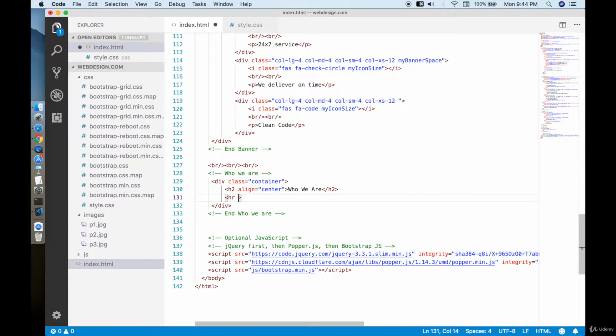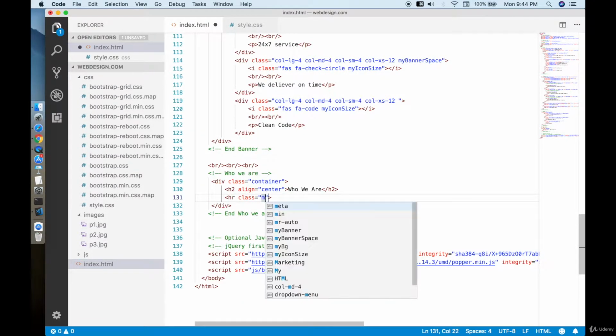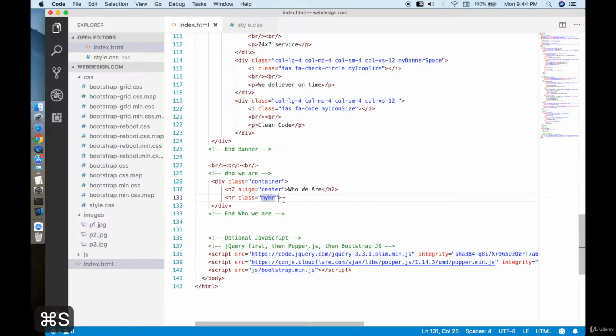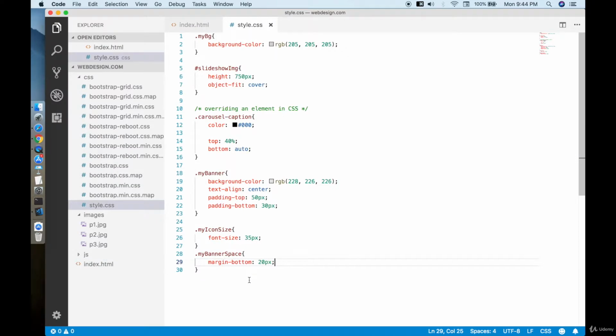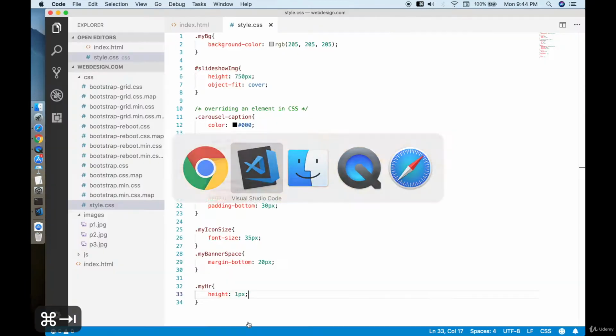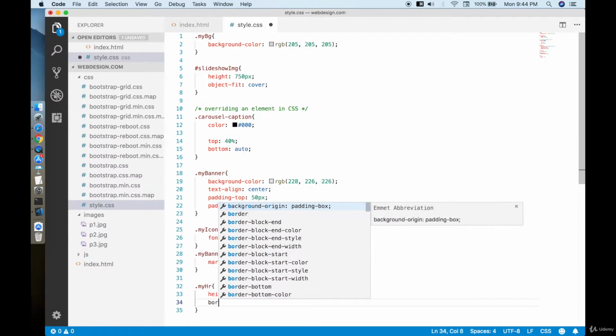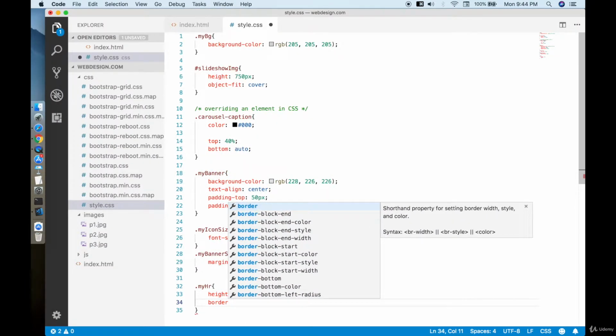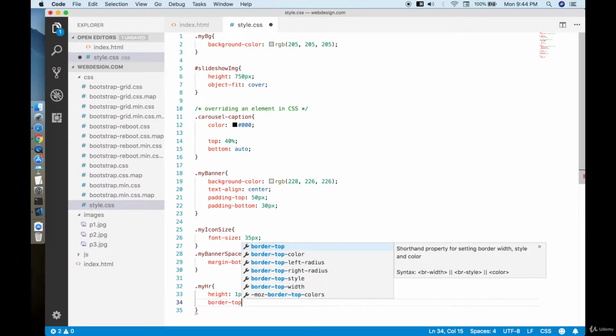That is how modern websites look like. So I'm going to give a class to my HR. In empty tags also we can give classes, and I am going to say it is myhr. Go to style.css, get myhr, and I'm going to make this one very small. So how can we do this? I'll say height is 1 pixel. Obviously right now it is 2 pixels, so it would become 1 pixel. Then I want to give some radius, which is a simple curve in the borders. If I want to give a simple curve, I can say